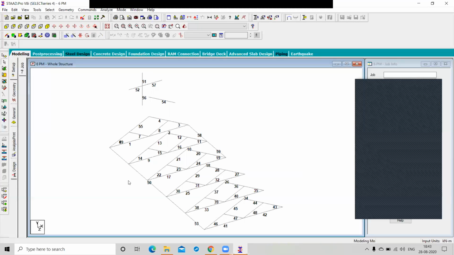Right? While completing your geometry, you have to delete some members, you add some members. So while deleting or adding members, the sequence is disturbed. So after completing your geometry, you can renumber that geometry to specify the numbers.